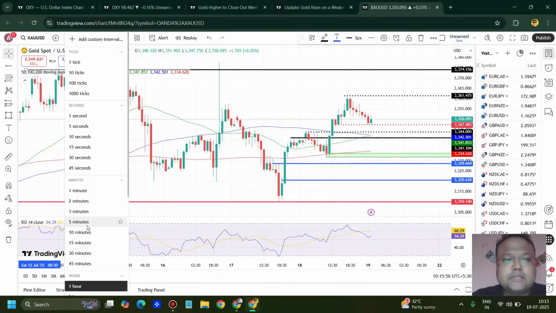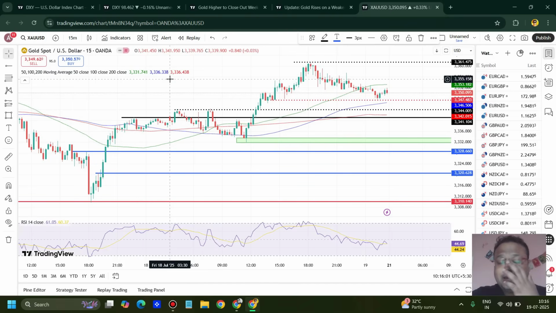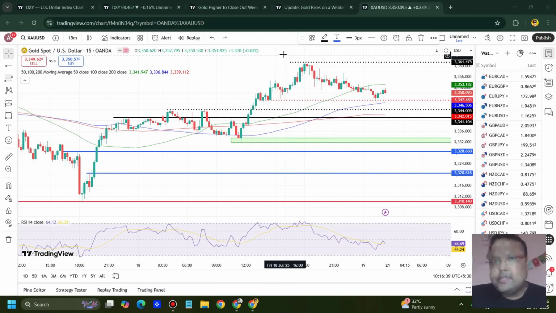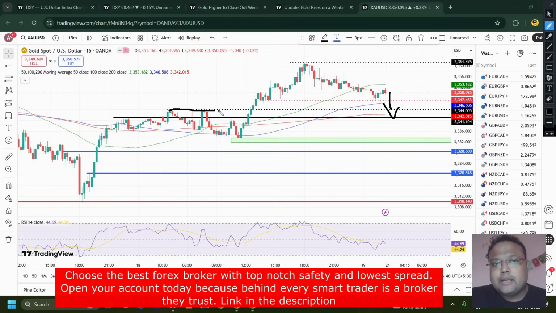So we need to discuss the immediate levels, but keep in mind immediate levels will give us trading opportunities, but immediate levels means they are from the lower time frame, and levels from lower time frame are less reliable in comparison to higher time frame. So the levels that we are about to discuss right now are from the lower time frame, so please follow proper risk management at the time of trade execution. So after the market opening, if we see that gold is going down, then the first support where we can look for a buy is this dotted line here.